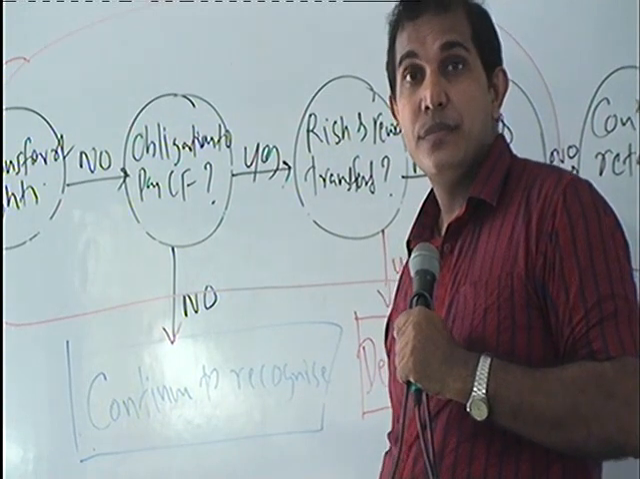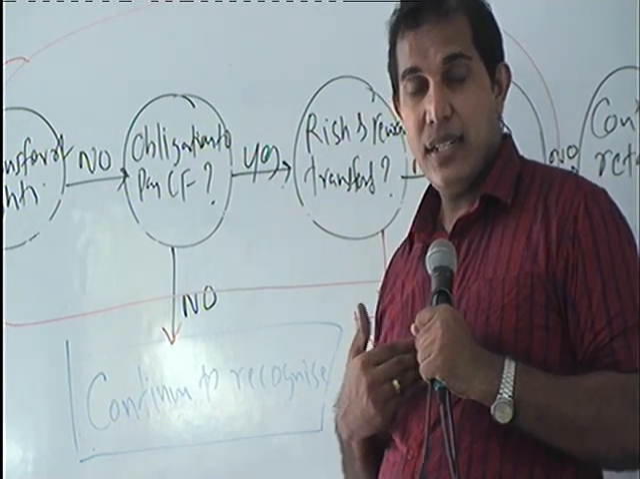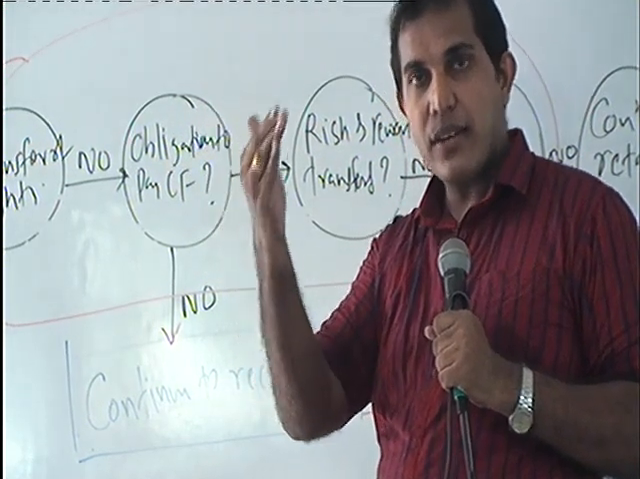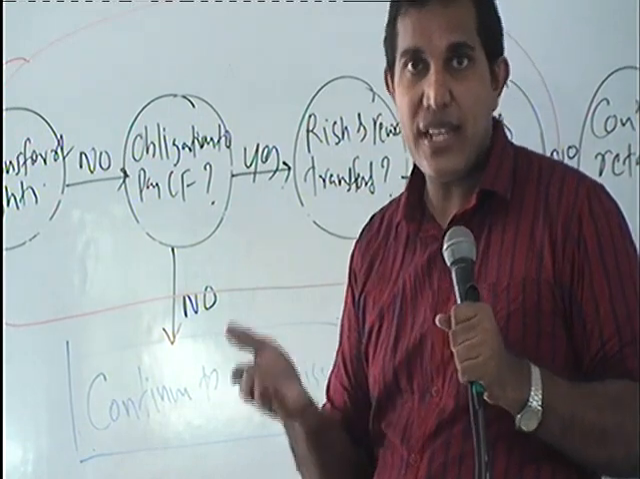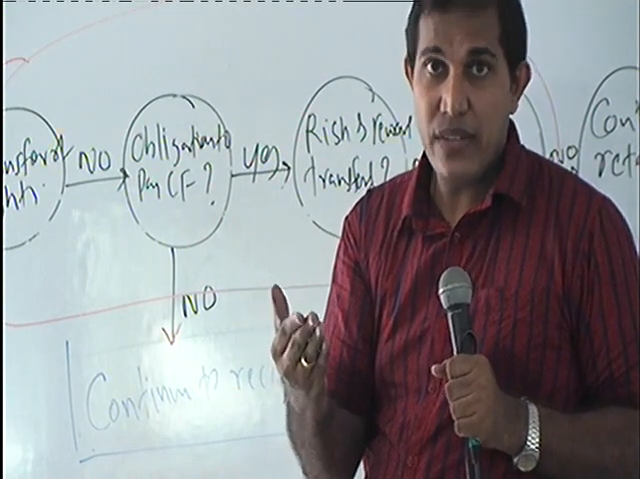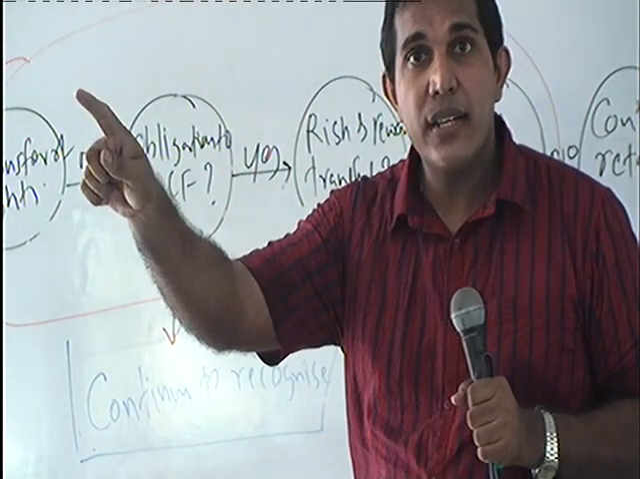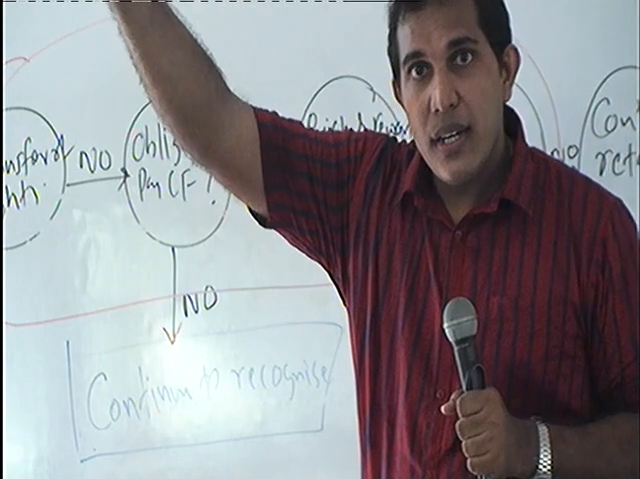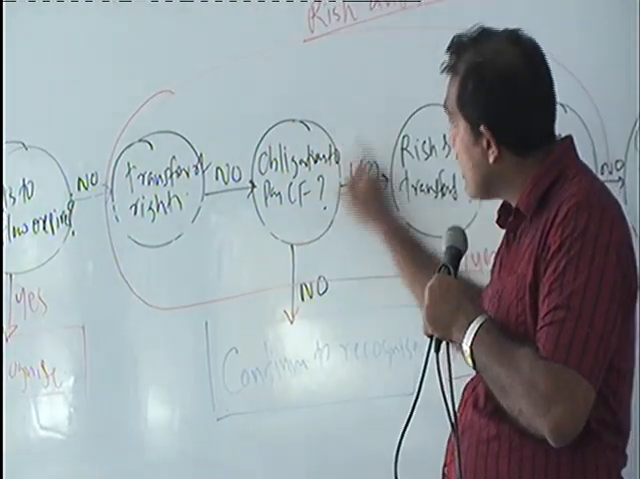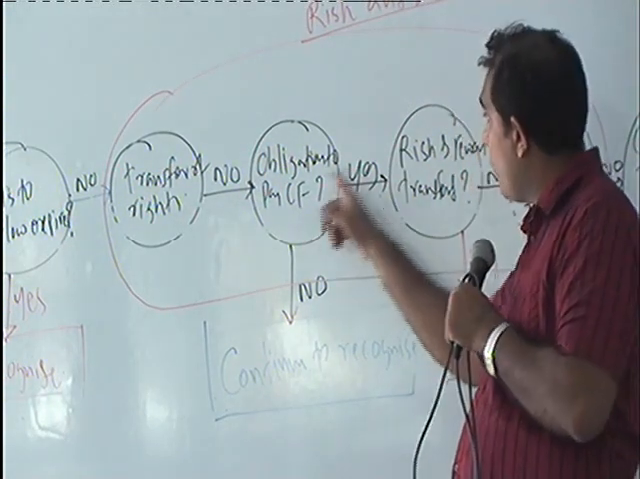This one you can think of both ways. How? If we have an asset, we have a right to receive cash flows. If that is an FD, we should receive interest. Who has the obligation to pay? The bank. So we need to check obligation to pay cash flows. If no, continue to recognize. If yes, then we need to check